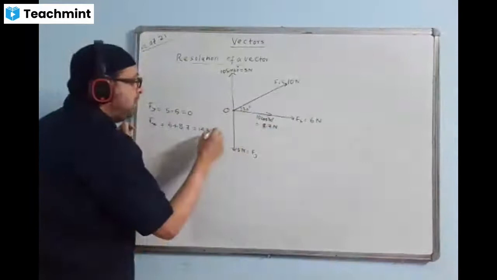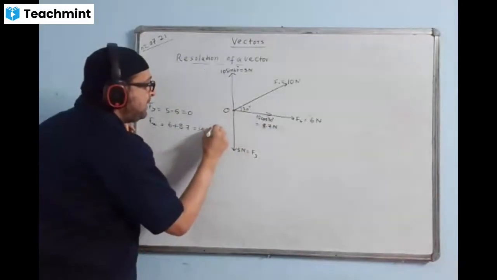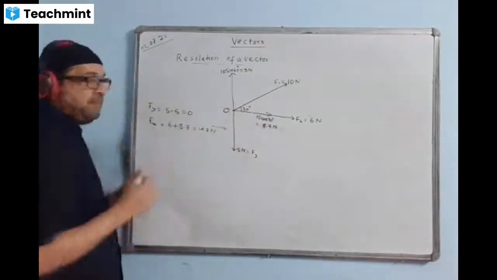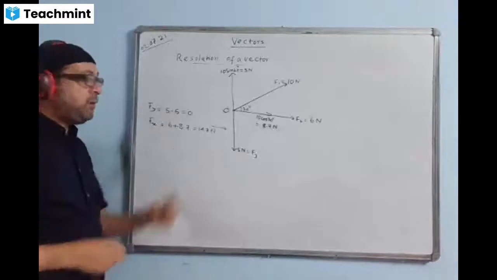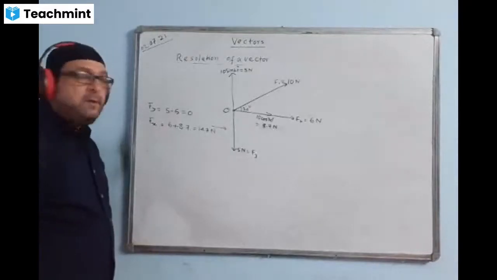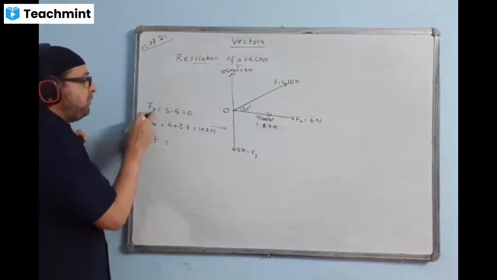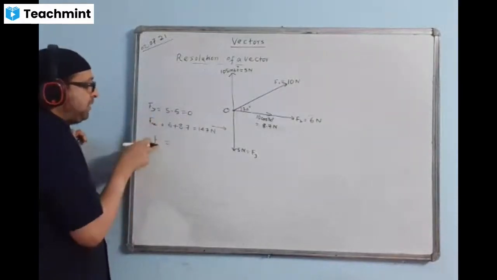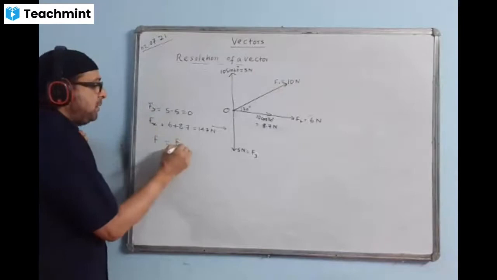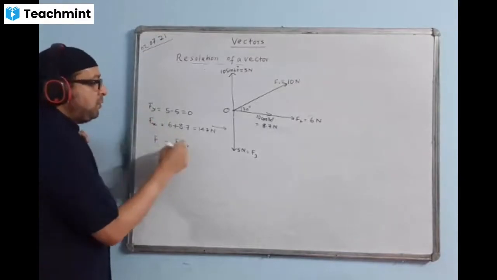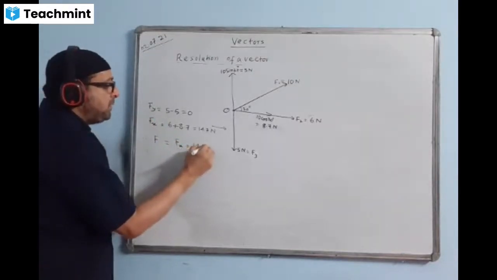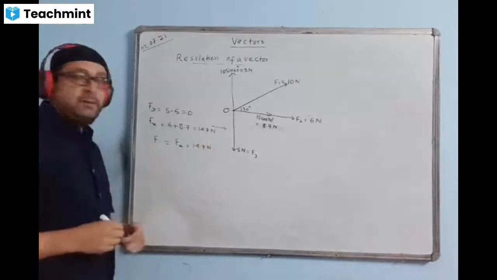So here we can mark the direction like this way. We can mark the arrow here on top. So therefore, what is the value of total force? Because one of the values is 0, the F value will come the same as Fx. So the answer here is 14.7 Newton. This is the answer.